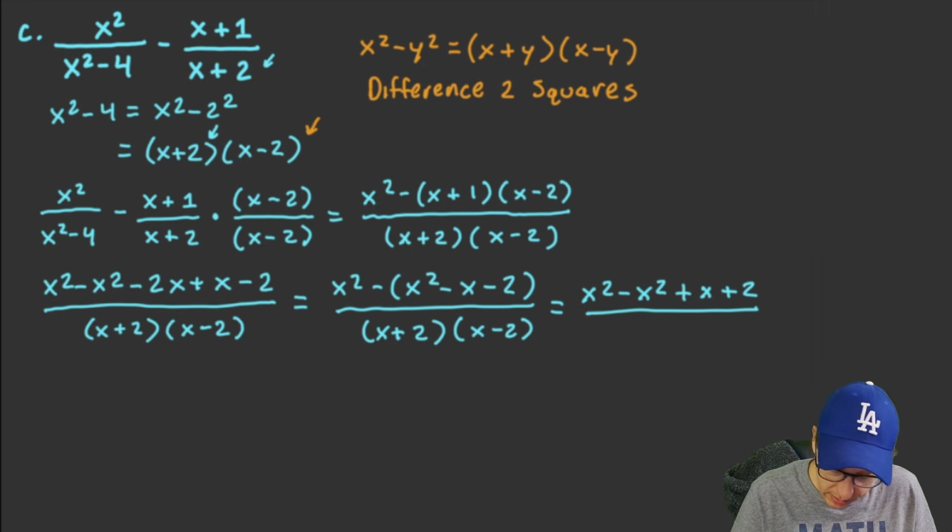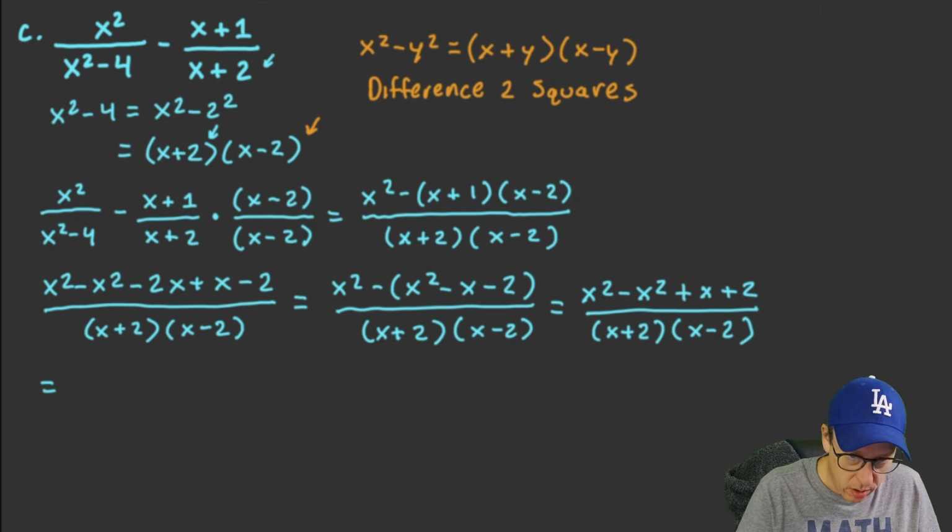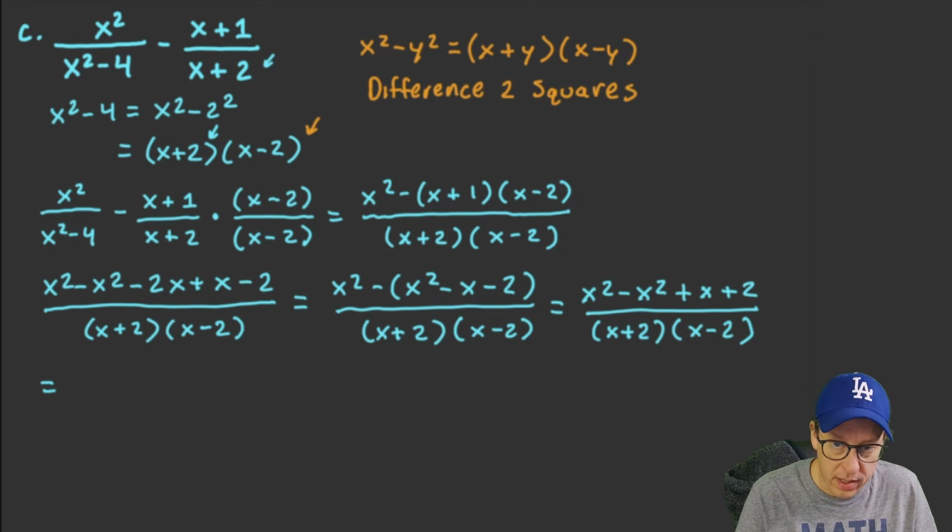On the screen still, yes it is, x plus 2, x minus 2, which is going to be equal to, we're going to be able to get rid of, yeah, that's going to end up being equal to x plus